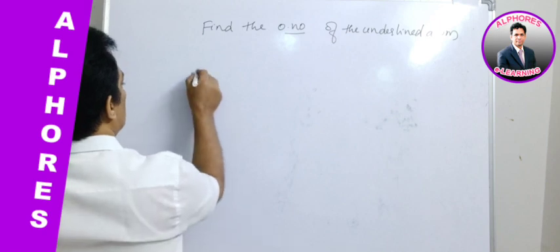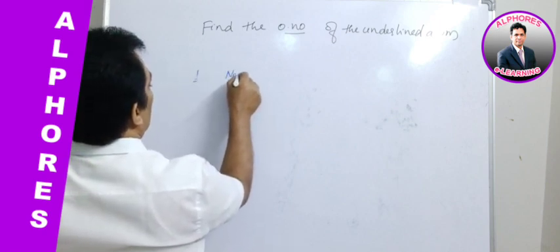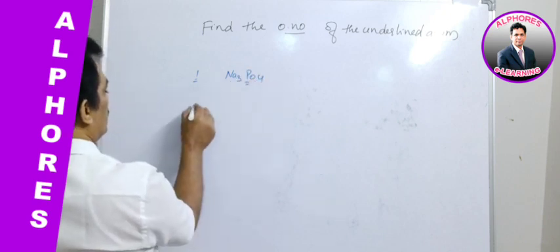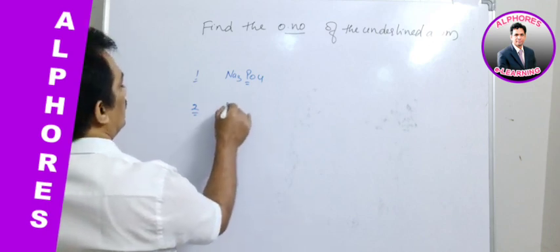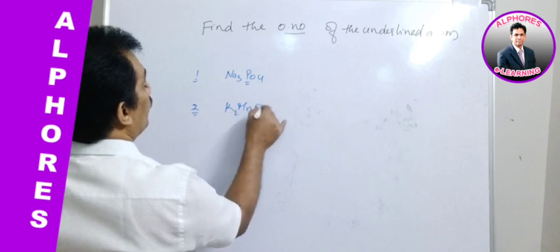Now let me give this. It is Na3PO4, and next one is K2MnO4,